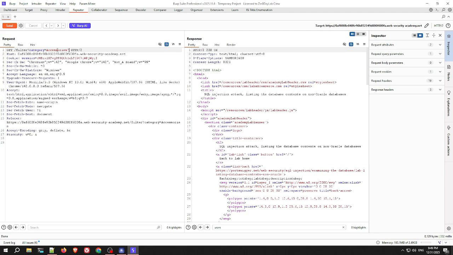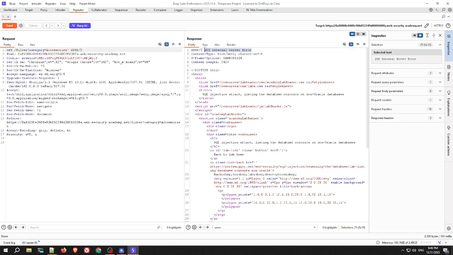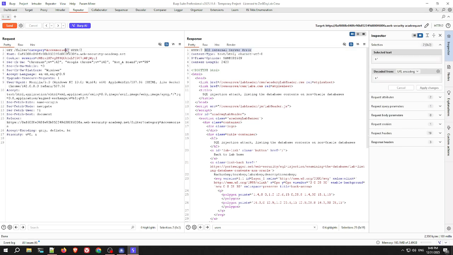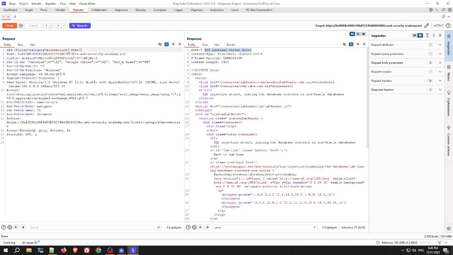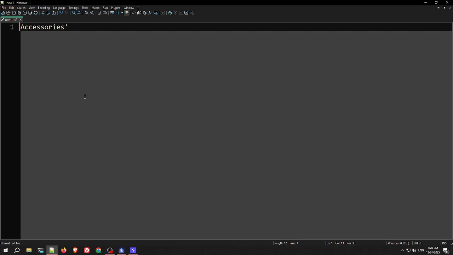Let's put a single quote and try to send a request, and let's see if we get a 500 server error or not. And here, the input from the user is directly inserted in the SQL query. So let's try to craft a payload for that. Union